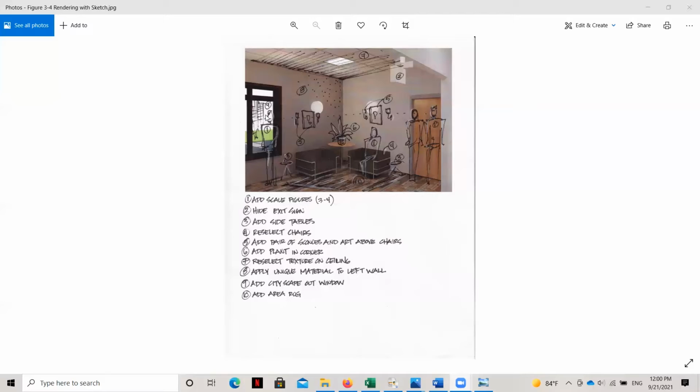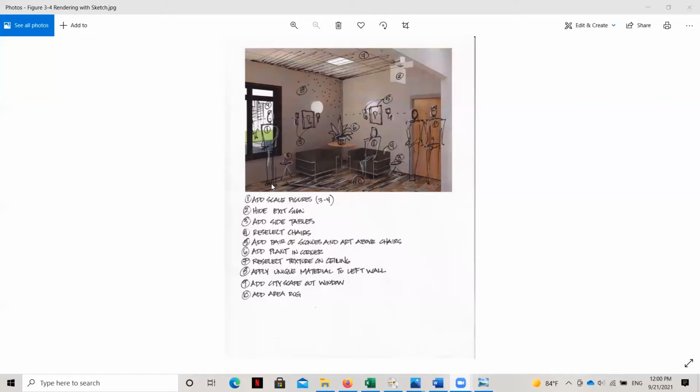So as I look at that very generic Revit rendering that I just showed you, I'm starting to think about all of those elements that need to be brought into this rendering. What I have to do next is review the laws of perspective first before I add those elements in. And so I'm going to introduce those to you right now, or remind you of them. Before I can sketch over anything, I have to make sure that things are drawn correctly to scale and are drawn in perspective, because if I scribble too much, or I don't think about all of the good techniques that I've learned so far, then this sketch ceases to be as useful as it could be.